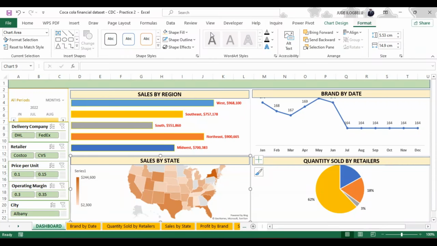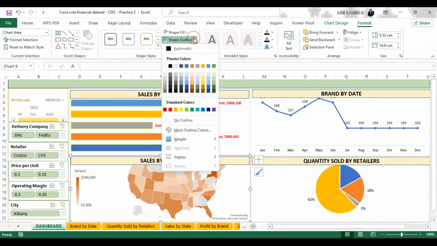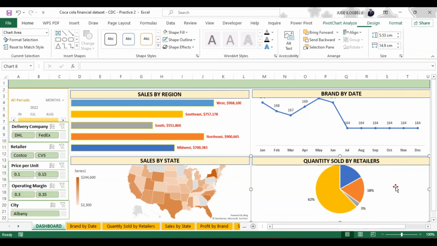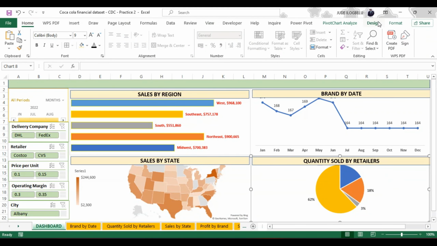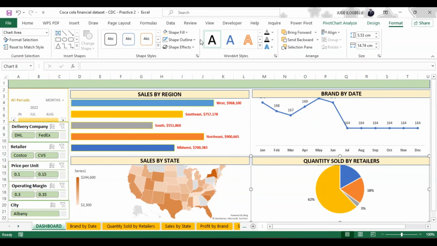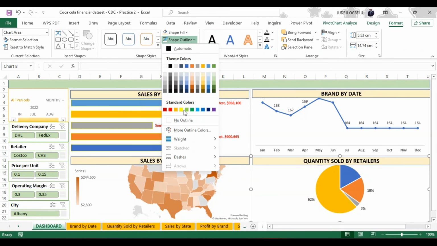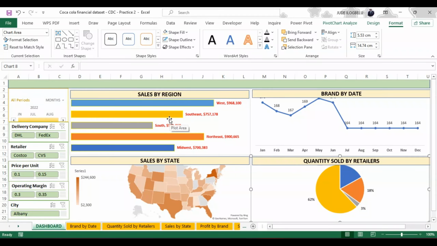Format, no outline. Format, no outline. Okay, so after we have done this,